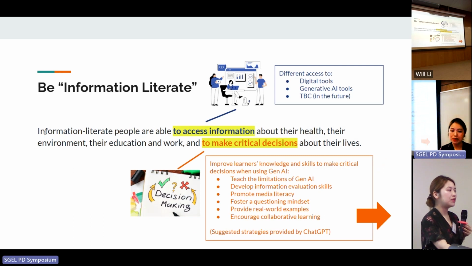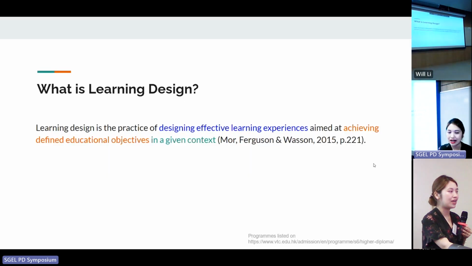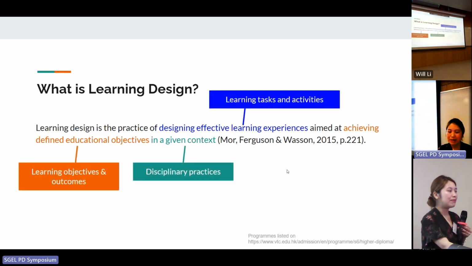So how to be information literate? I think there are two important things. One is to access information, we have different access to different tools, and then we can make critical decisions. So for teachers and educators, it's quite important for us how to create our learning design or redesign our curriculum. So learning design, we're talking about in a certain disciplinary practice, we have learning outcomes, and then